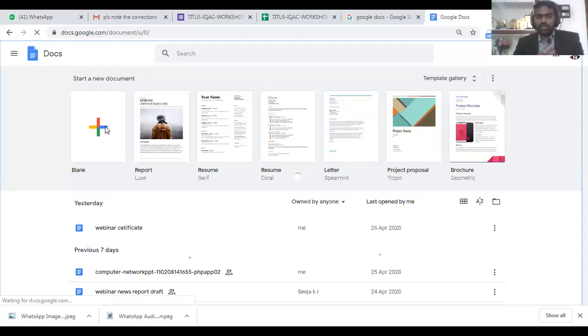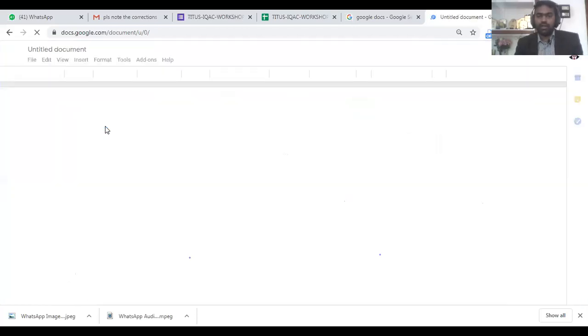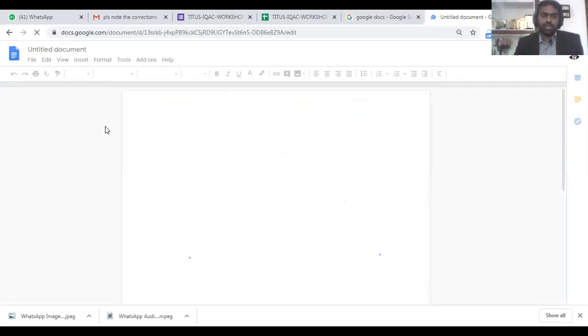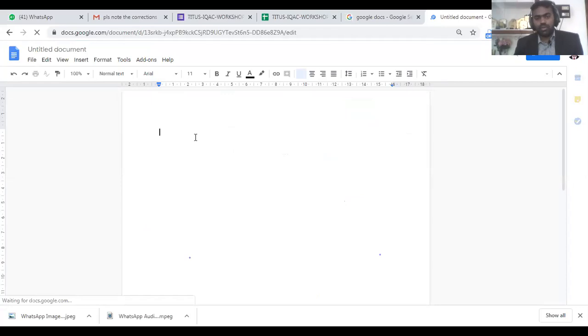Now I'm just creating a file by using Google Docs, very similar to the process which we follow in Microsoft Word, like we click create new, isn't it? Start new, like that. So the word processor will be opened here online. The great advantage of using this is that we don't always need a computer with us, or we don't need to carry the same computer which we use for official purposes.